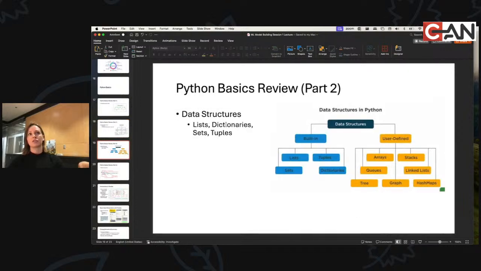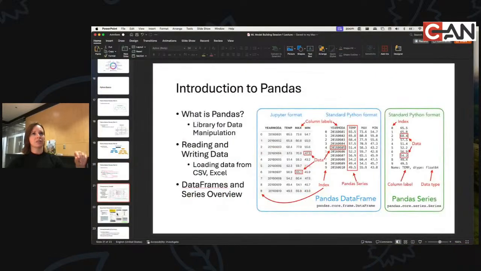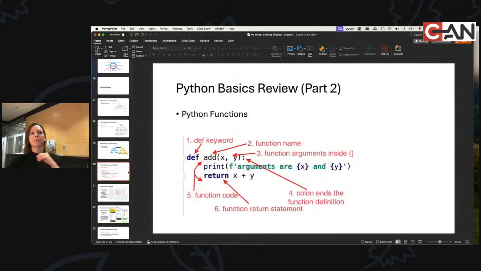When we get to data structures, I don't know, tuples and sets, fine, but lists, dictionaries. So we talked about those already. We won't talk about any of the other ones on the right. Okay, and then the final thing that you need to know, let me see if it really is the final thing. Yes. Okay. Final thing from a Python basics perspective, before we get to the actual packages.